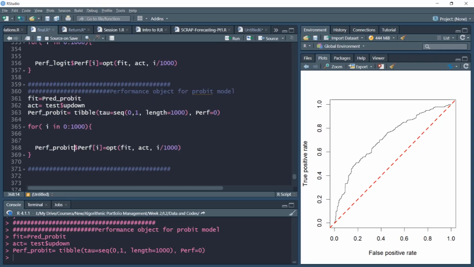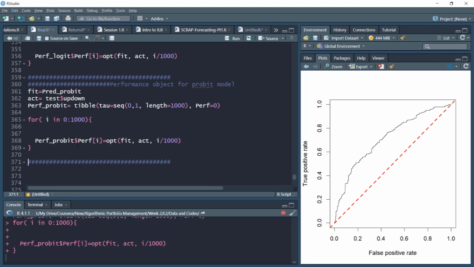So now I have computed the values of my performance object for the simulated threshold values for all three classification algorithms. To summarize, in this video, we computed the value of our performance object using the predicted values for all three algorithms with 1000 simulated threshold values. In the next video, using these performance object values, we'll compare the out of sample performance of all three algorithms and also visualize the performance.